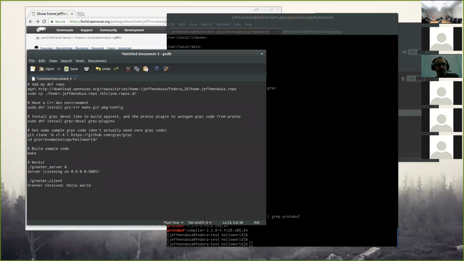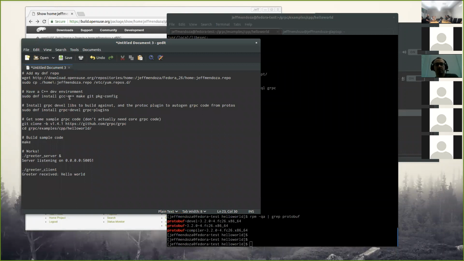So yeah, I had some quick notes that I sent out to the mailing list on just an example of using RPM to get up and going without doing any building of gRPC from source. If you just install the devel RPM and the plugins RPM, you'll have a full running environment. Then you can go ahead and